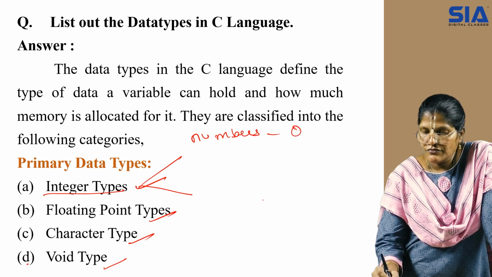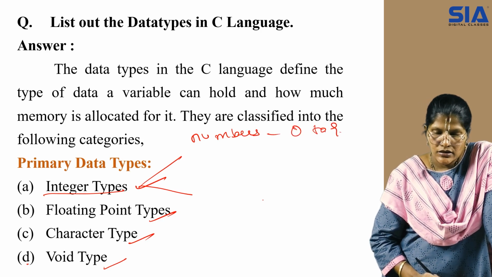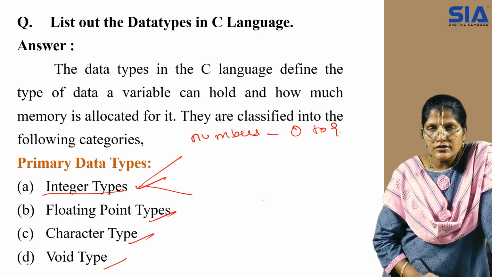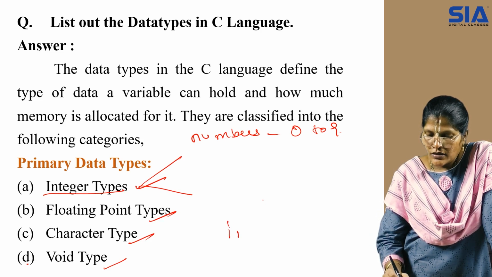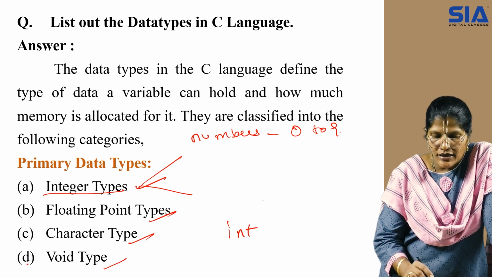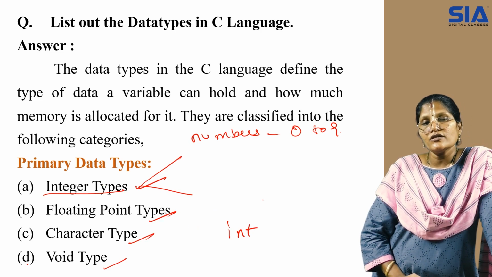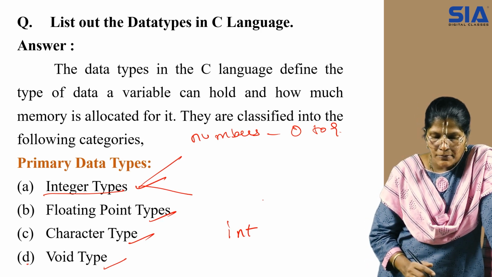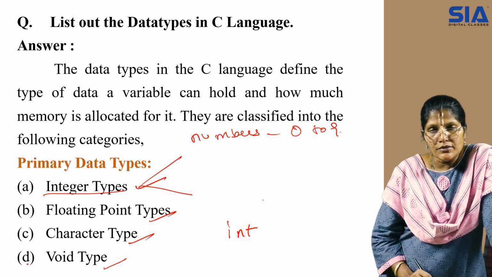The numbers ranging from 0 to 9. That is, whenever a particular variable is declared with int, that means it can take numerical values. So whenever a data type is specified, it allows us to specify the range and the size of the variable. For example, there are different data types, that is short int